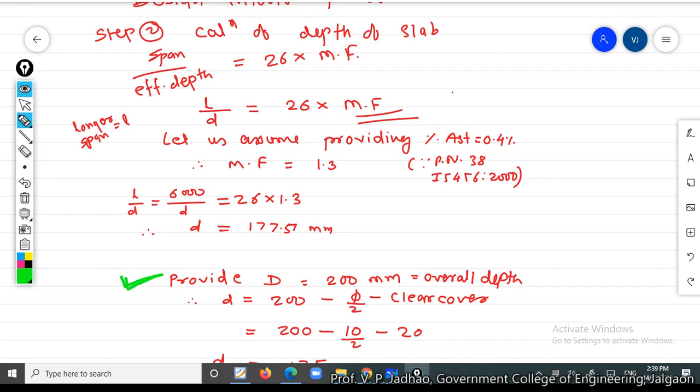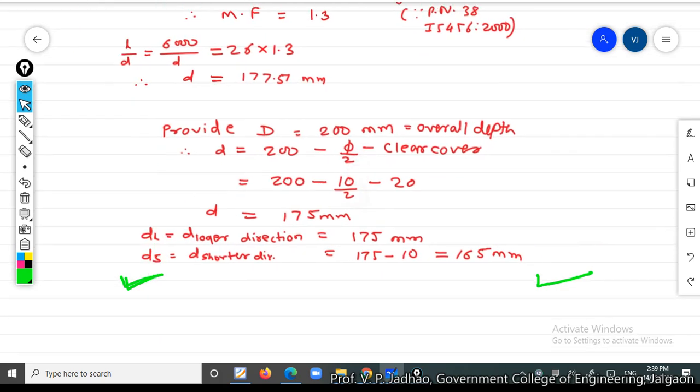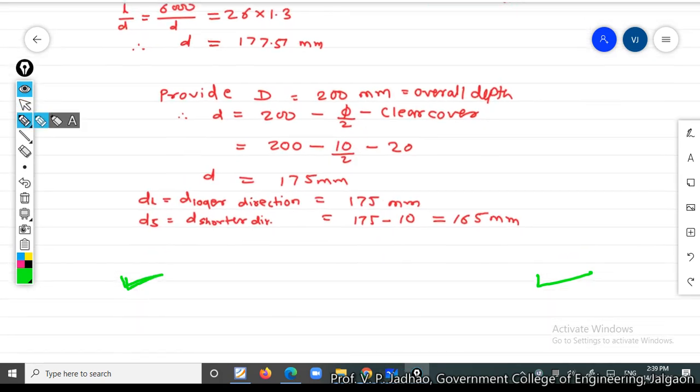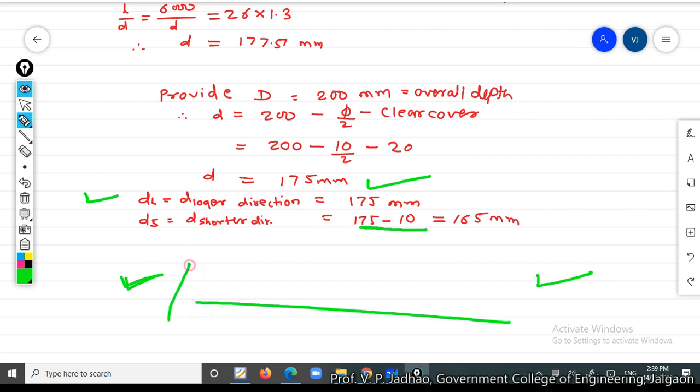We have considered overall depth to be 200 mm. Therefore, effective depth comes out to be 175 mm, which is shown here. Now effective depth along the longer direction will be 175 mm, and along the shorter direction it will be 175 minus 10 mm, because along the shorter direction, if this is your flat slab,